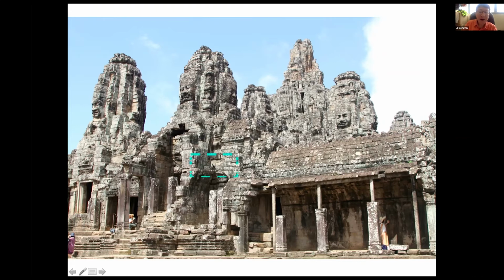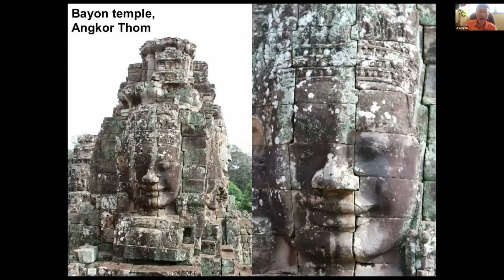Missing in this part was missing. So this particular gallery, this section is completely exposed. So the carvings are exposed. So similarly over here, this part of the tower is also missing. So what I'm trying to show here is the temple has a long history and is also in a damaged state, being destroyed.